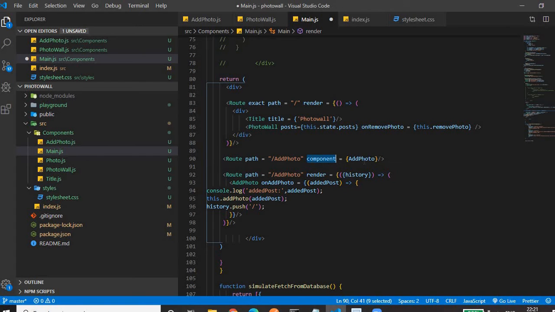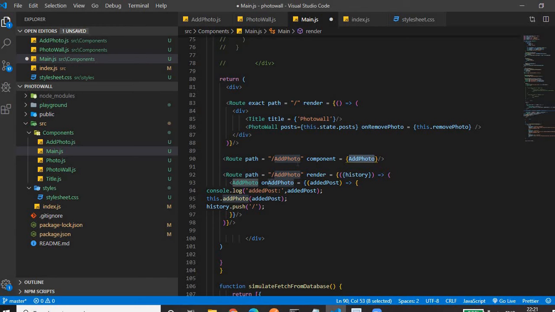Component equal to whatever component you want to show when this path is activated. This approach we usually use. This approach is used when we have only one component to render, but there we had two components to render, so that's why we used the render function, render props. But here we are using the component prop because we have only one component to be rendered when this path is activated.